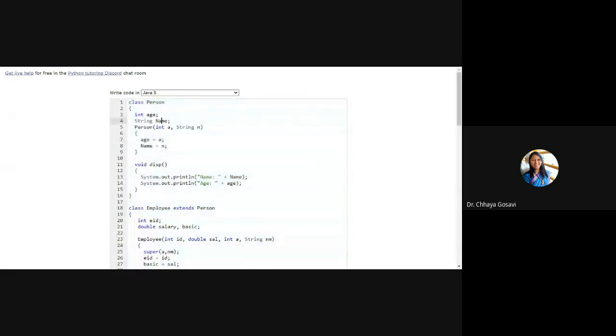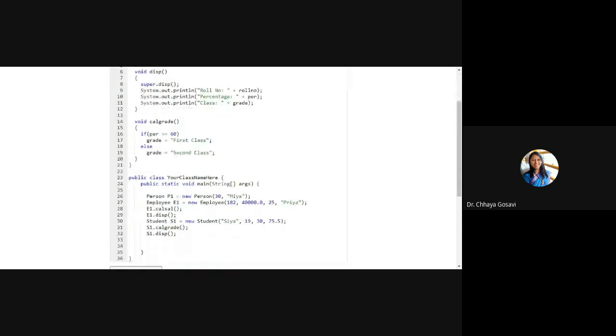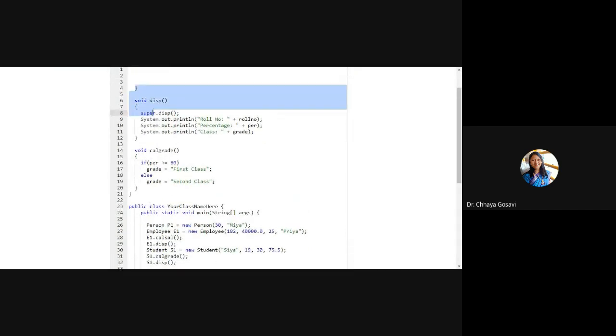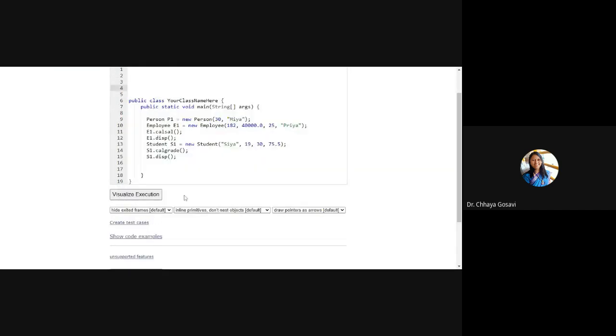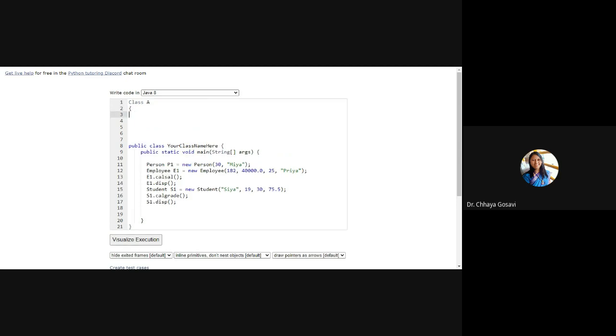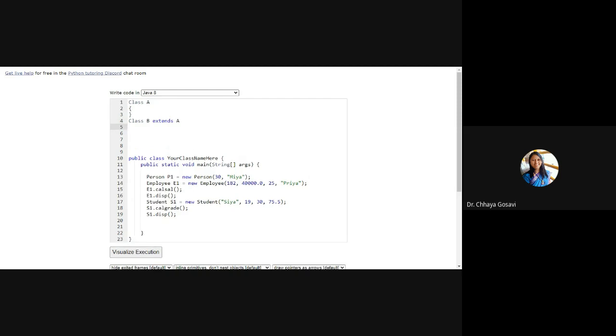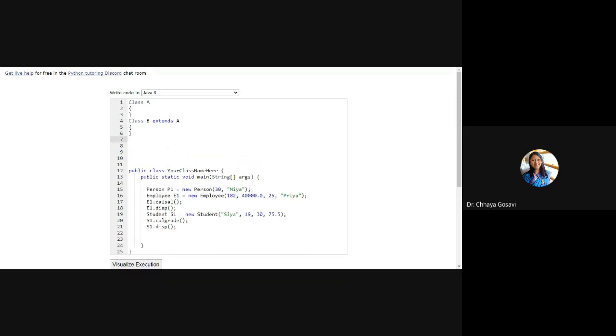So instead of person and employee class, I'll just use class A, B, and C. So let's say class A is parent class. Then class B, which extends A, child class, and we have one more child class.